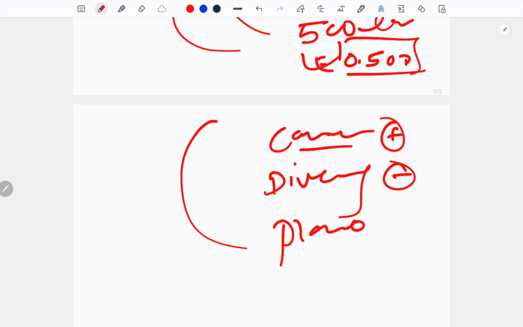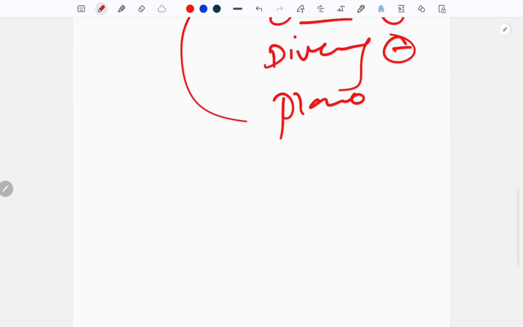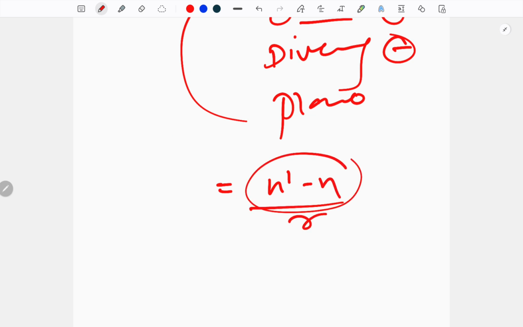So we can tell that. And the magical formula that we know, I think you also know, is n dash minus n divided by r. What is this? This is the difference of refractive index of the two media. What is r? The